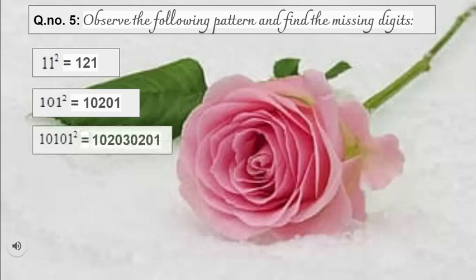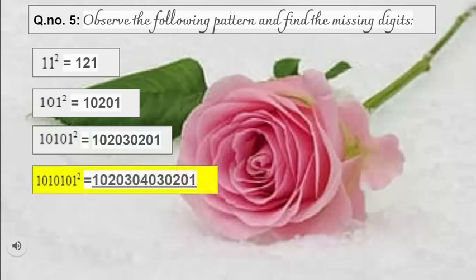So how are the answers coming? First it is increasing, like 10, then 20, then 30, then decreasing, 201. See it? Same way, if one more zero is added, meaning 1 0 1 0 1 0 1, then it will come like this: 1 0 2 0 3 0 4, then 0 3 0 2 0 1. First increasing, then see, 3 zeros are there in the question. You can see in the answer 6 zeros are there.